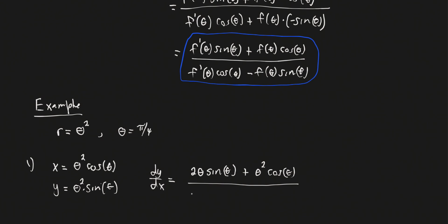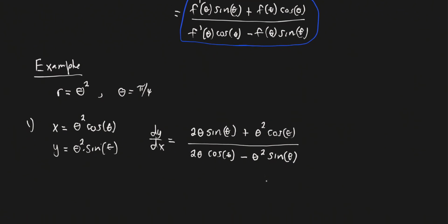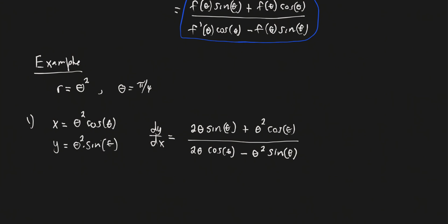And then in the denominator, you'll have 2 theta times cosine of theta, right? Derivative of the first times the second. And then I'll just go ahead and write down the minus theta squared times the sine of theta. And that's it. That's the derivative as a function, right? So as long as this derivative exists, for certain values of theta, we can use it to find the slope. So let's look at number 2, where we're actually going to use this first derivative to find the slope